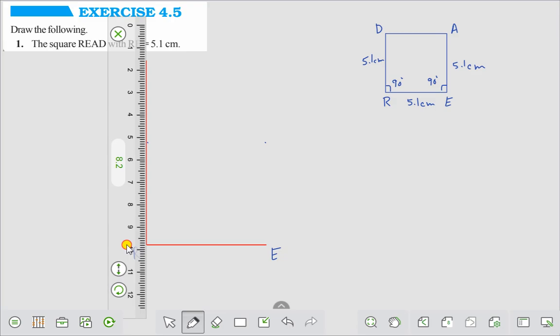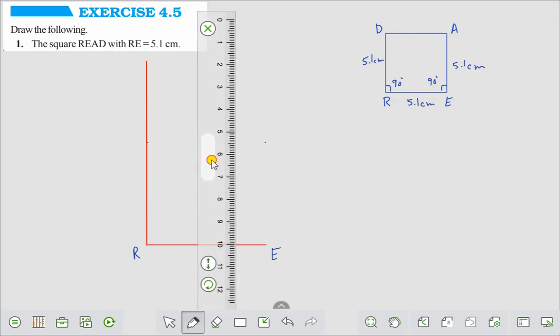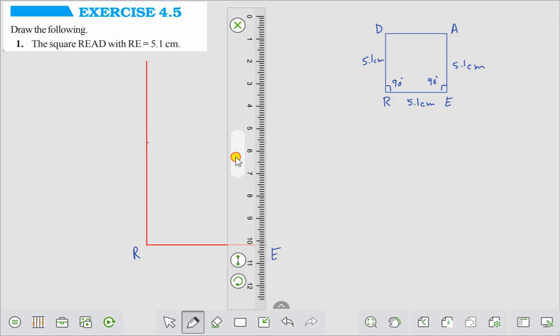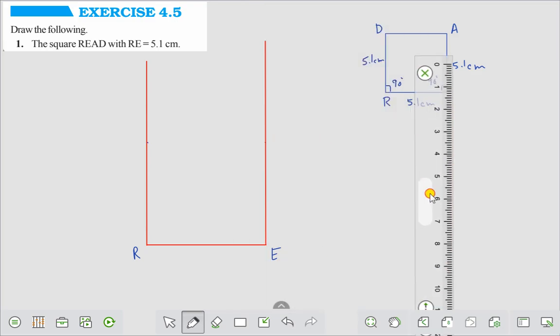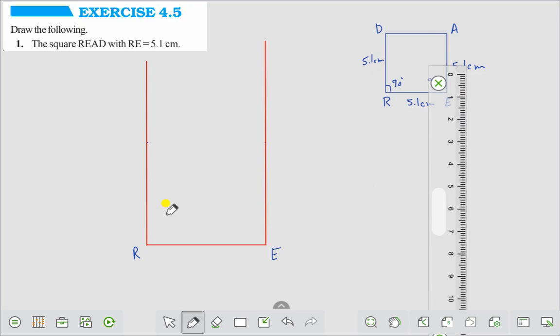This is 90 degree at point R. Also draw 90 degree at point E. And since in a square all the sides are equal, this R is 5.1 centimeter, and this is also 5.1 centimeter. Right? With the help of this ruler,